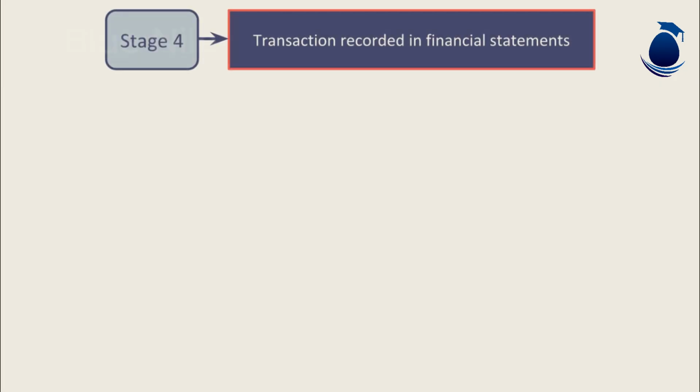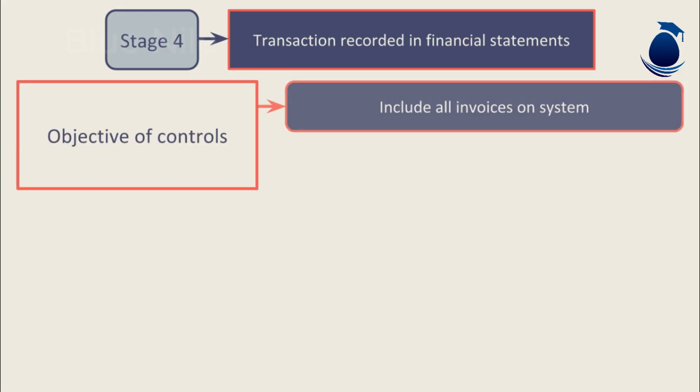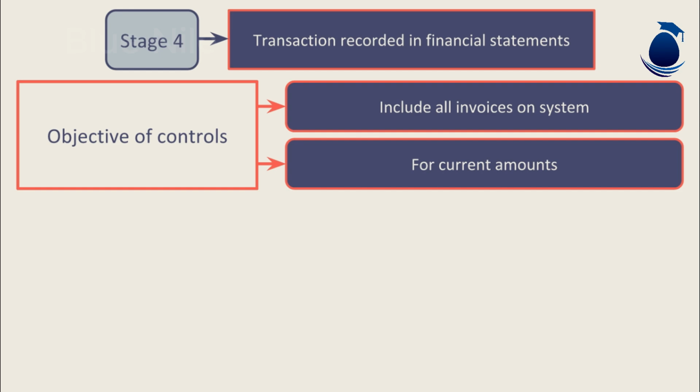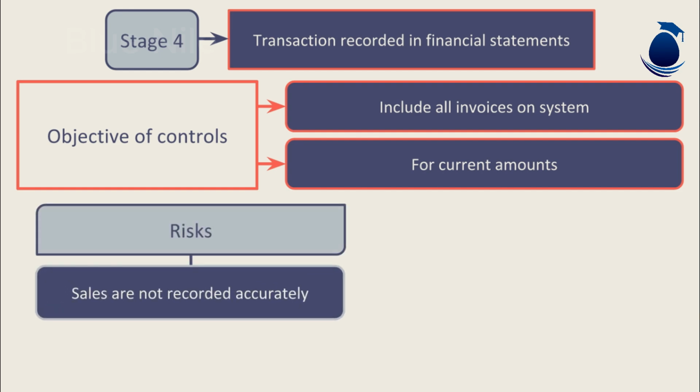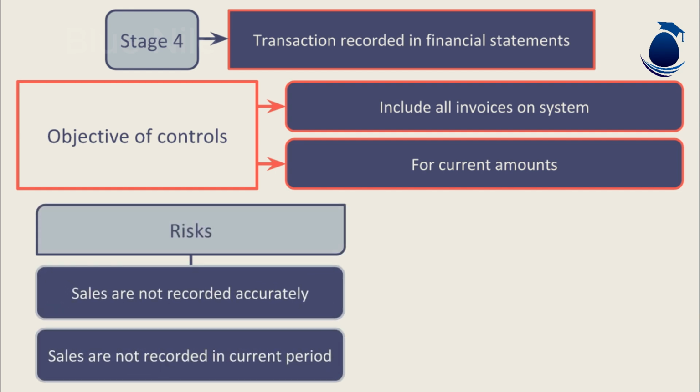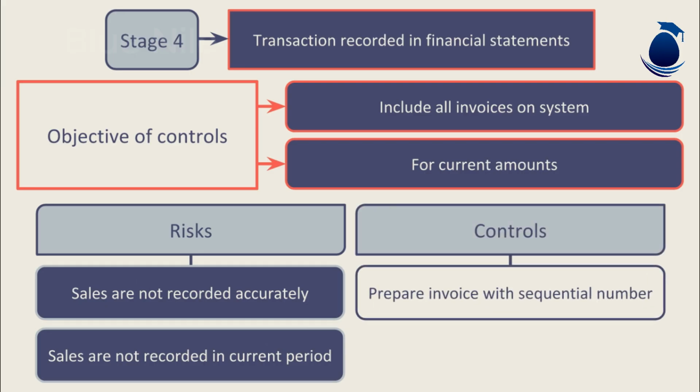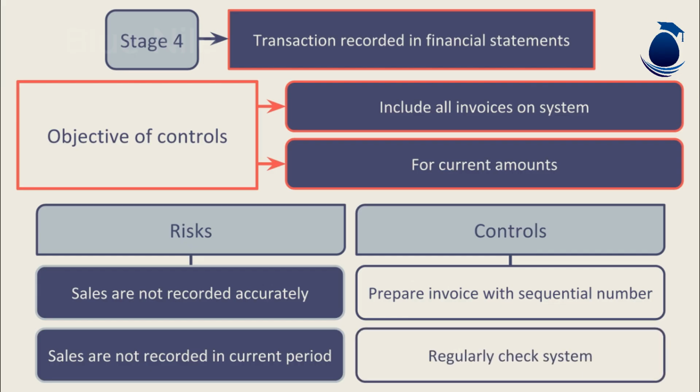Stage 4, when the transaction is recorded, would also be in the accounts department. The objectives would be to include all invoices on the system for the correct amounts. A risk would be that sales are not recorded accurately or in the correct period. And a control would be to prepare invoices with sequential numbering. On entering the invoice, to use that reference and regularly check the system to ensure the sequence is not missing